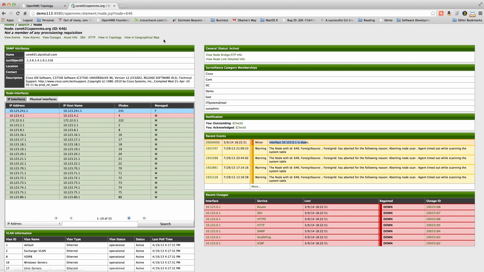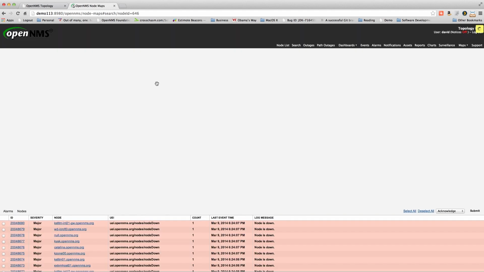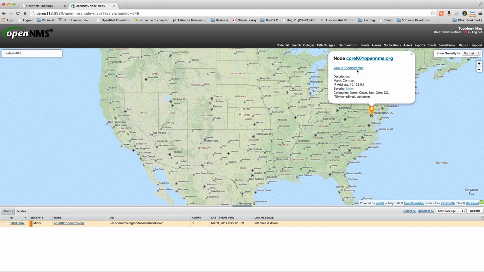I could view this right now from here, go to the topology, but just to show you that we do have a geographical map, which is also pretty cool. I'll click on geographical map, and then we'll go from there to topology. All right, well, this node happens to be right there in the heart of our nation's capital. Obviously, probably not, but anyway, I'm going to go here, and now I can click on topology,